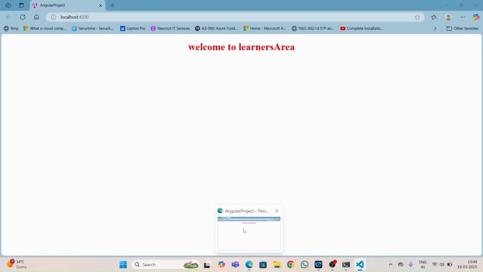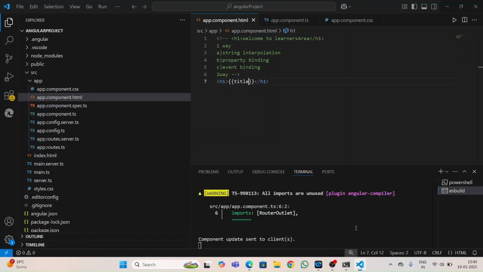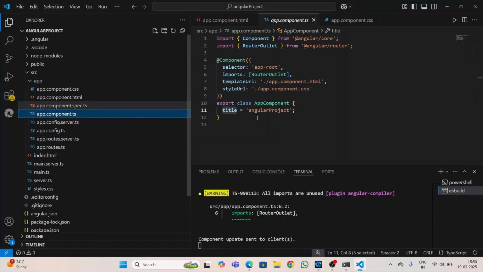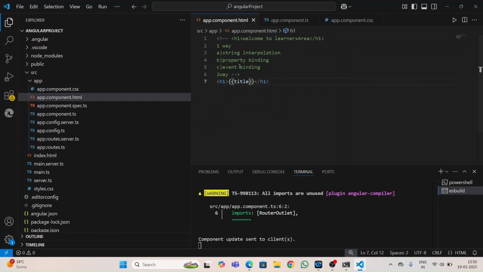See, we can check the Angular project by using TS file data. If we want to display TS file data in the browser by using HTML, like this, string interpolation. In string interpolation, we cannot use window operators